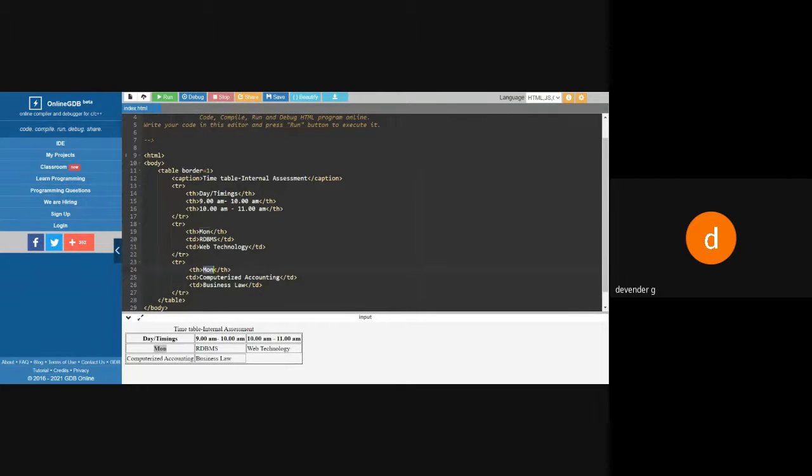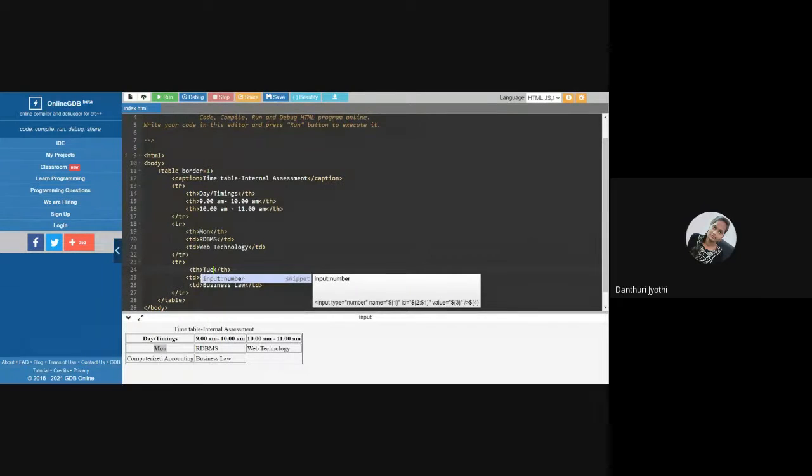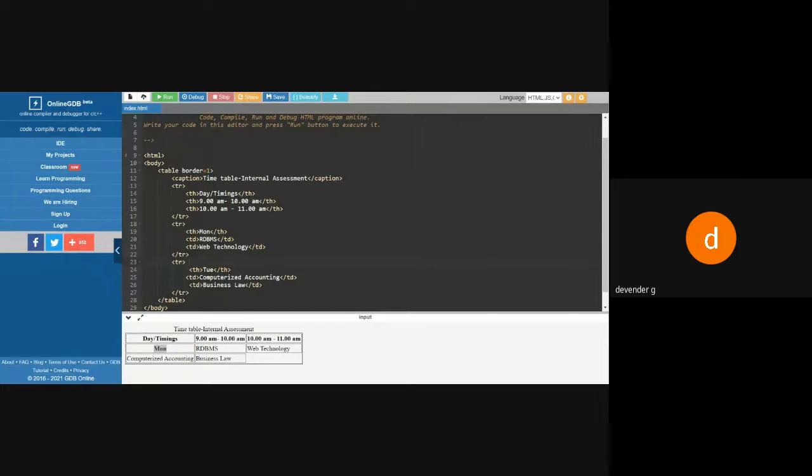Do you think this program is very difficult? So what is TD? Table data. Okay, sir. So what are the things you have seen in the table? We have seen table opening and closing. We need lines, border, we need a heading for the top or bottom. So if you want bottom, you remove this and put it down. So nothing will be changing. Either put first or top, it is going to come on the top only.